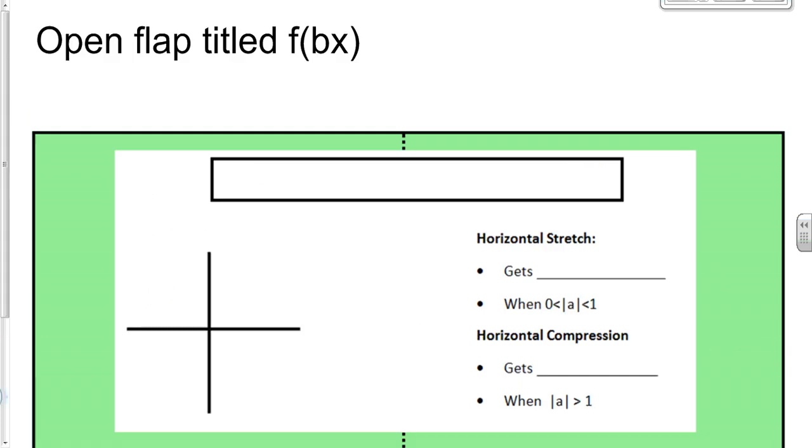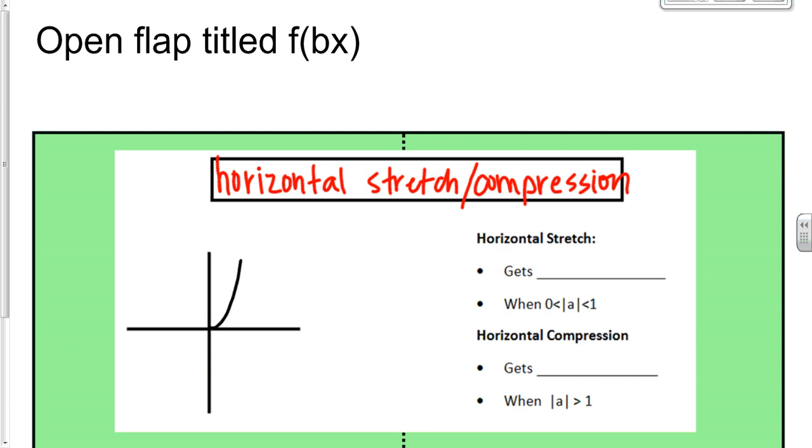Okay? Next one. If you have b, right, we kind of noticed that b was very similar to a, right? That is because this is also a stretch or compression, but it's a horizontal stretch or compression. Okay, so again, let me draw my parent function for you. If I horizontally stretch it, so horizontally be side to side, so if I stretch it out this way,